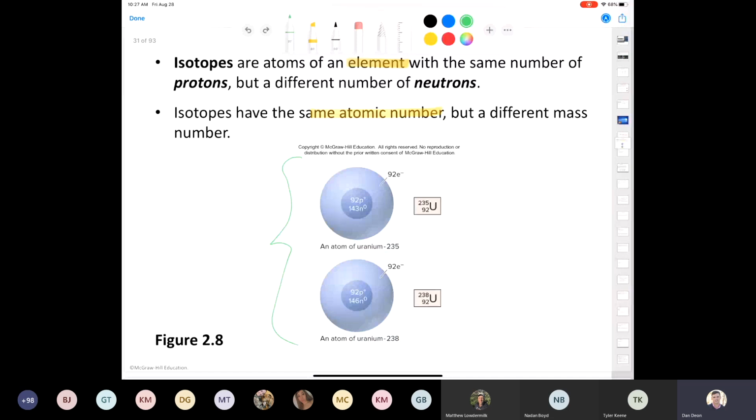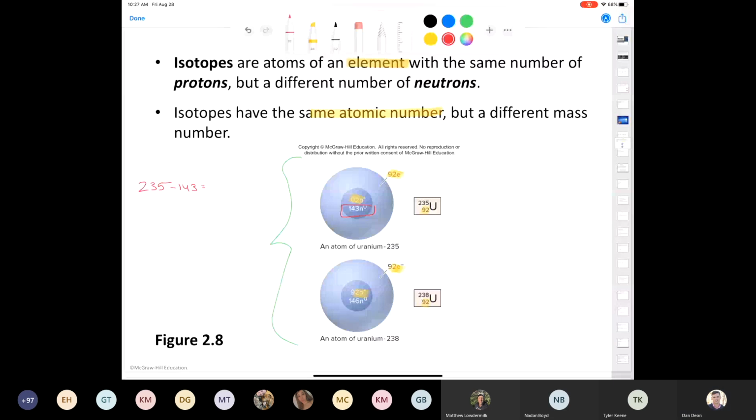All right, so now that we've got that clear, what makes these two isotopes different? Hey, look, they both have the same number of protons. They both have 92 protons. Okay? They both have the same number of electrons because there's no charge indicated. What makes them different is the number of neutrons. Now remember, mass number is equal to the sum of the protons and the neutrons. And therefore, the way that the author determined that there was 143 neutrons was they said, well, if I have a mass number of 235 and I subtract 143, I end up with